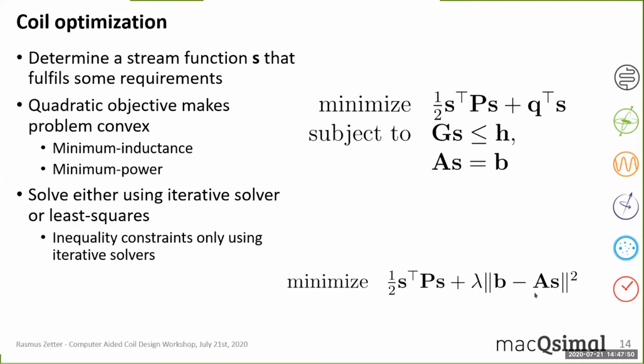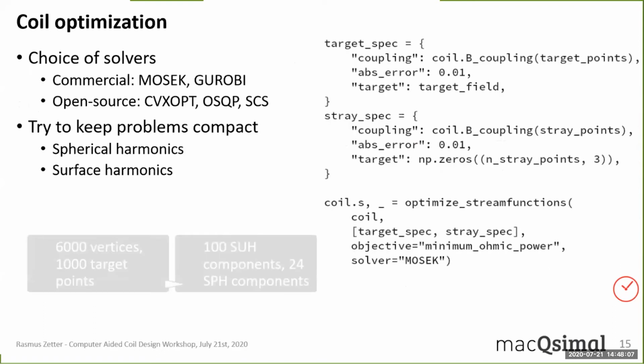And actually, this can be formulated as the first line in the upper expression as well. I'll talk a bit more about the use of iterative solvers in bfieldtools, since that's what I mostly use. So we use this CVXPY framework, convex optimization in Python. We can use lots of different solver backends. There are different commercial solvers, some open source solvers, very general use. I found that some of the commercial ones are more robust, especially in larger problems,